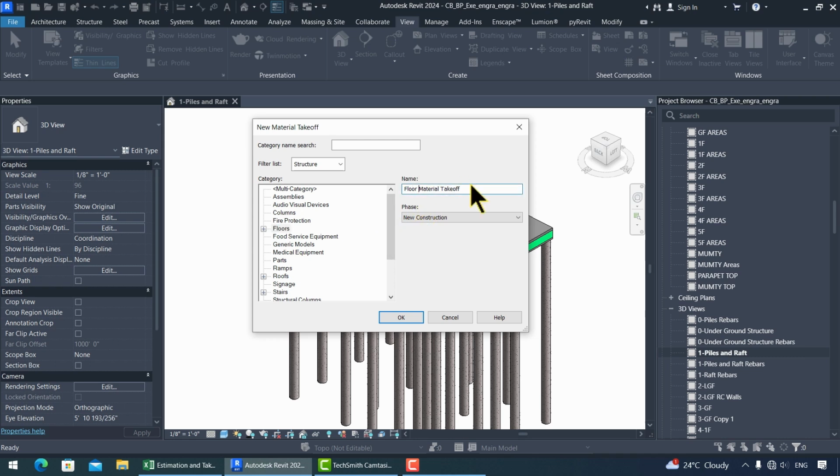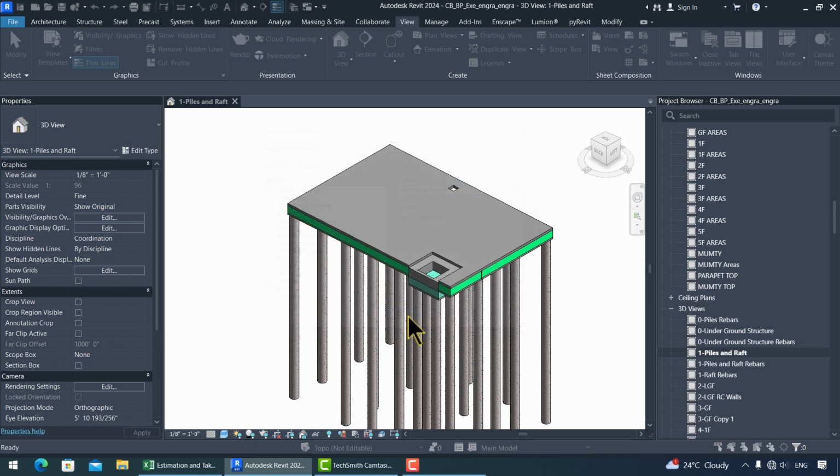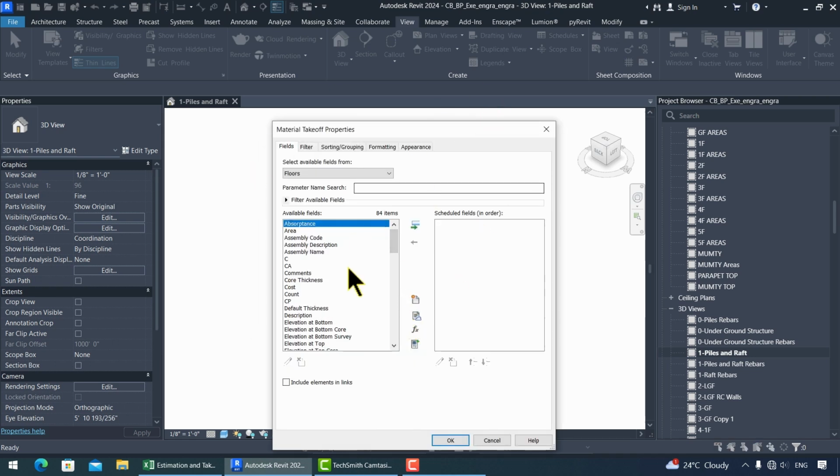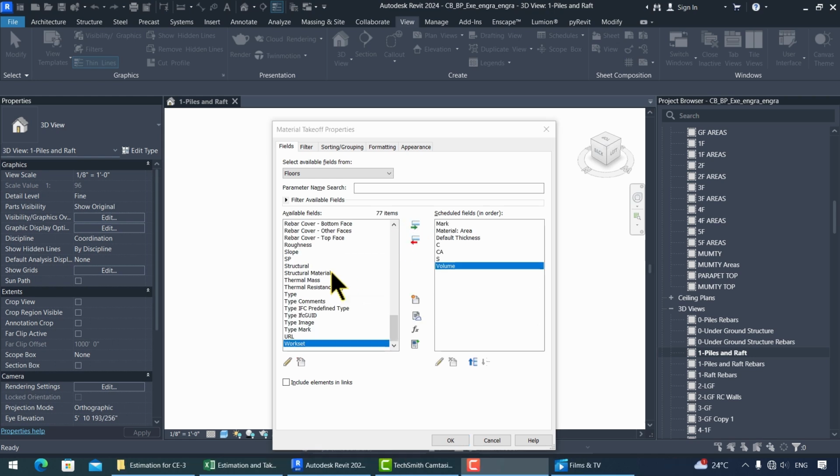and rename this floor as RCC Material Takeoff. And then press OK. A new window pops up. So from this window, select the required field. In order to shift the parameter from the left to right, use this arrow. First, select the parameters that you required in your table. After selecting the required fields, we can rearrange their position by using this drop down and press OK to form